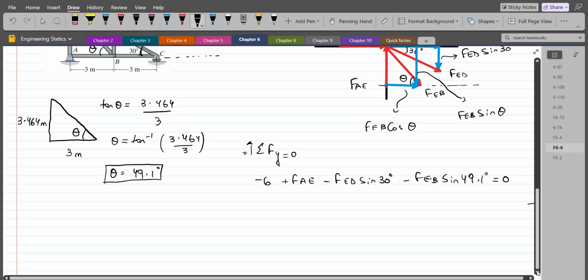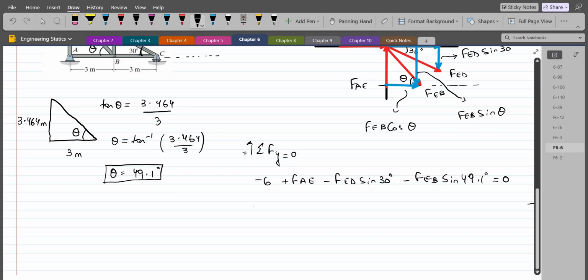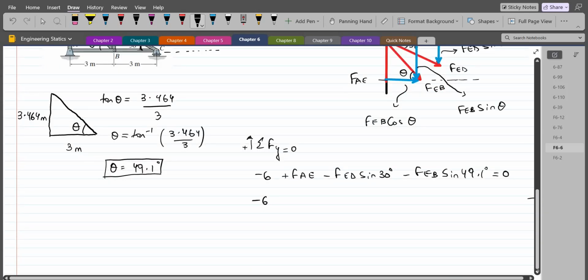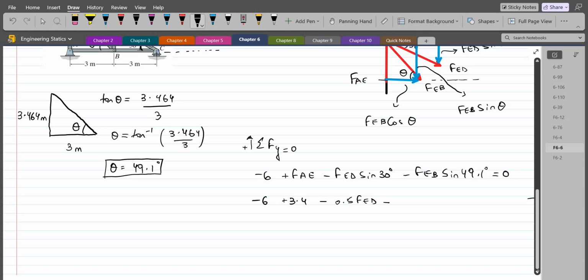So when I put the values and if I simplify it, so minus 6, the value of FAE force is 3.4 kilonewtons minus 0.5 FED minus 0.76 FEB equals to 0. Upon further simplification, we have 0.76 FEB plus 0.5 FED equals to negative 2.6. So this is our equation 1. And you can see that we have two unknowns in this equation, force FEB and FED. And we have only one equation. So we have to form the